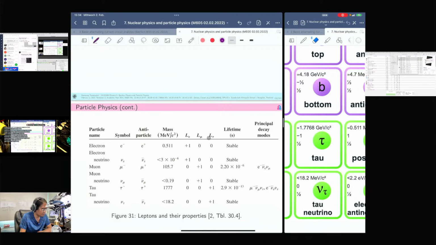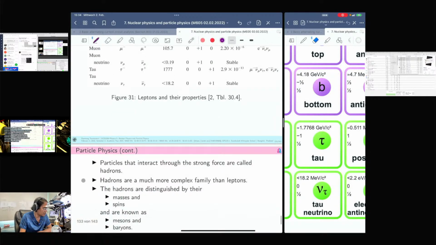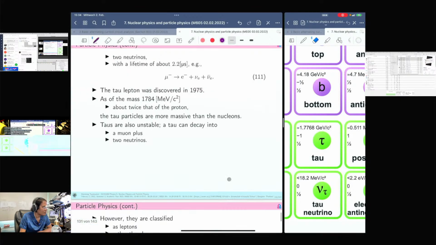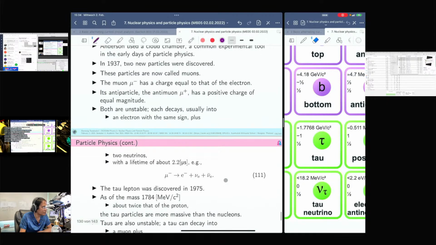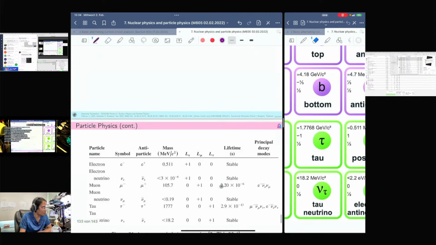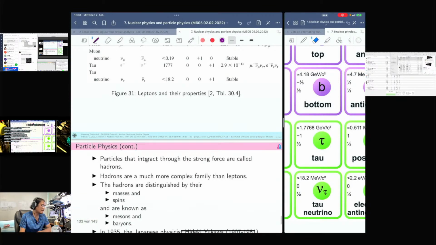It has tau lepton number as +1, and it's stable. Okay, it's stable. All right, that's the tau lepton. Particles that interact through the strong force. We don't have the equation for tau decay. Particles that interact through the strong force are known as